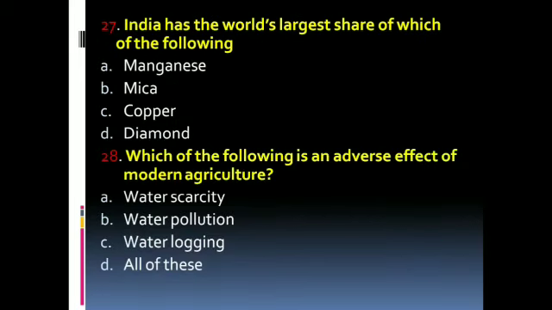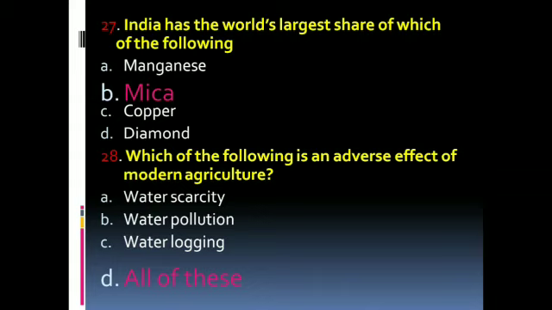India has the world's largest share of which of the following? It is actually mica. So here the options are given: manganese, mica, copper and diamond. All these are mineral resources, but in India the largest mineral resource we find is mica. Which of the following is an adverse effect of modern agriculture? The options are water scarcity, water pollution, water logging, all of these. So the option is all of these,